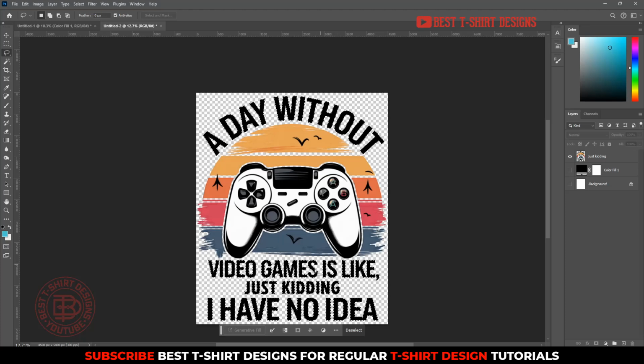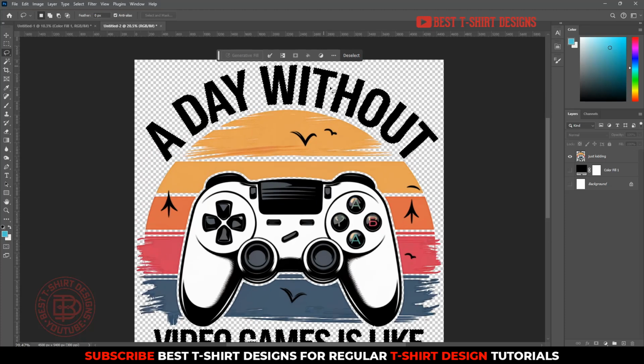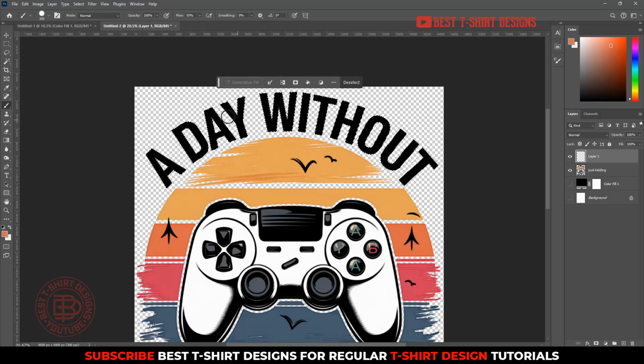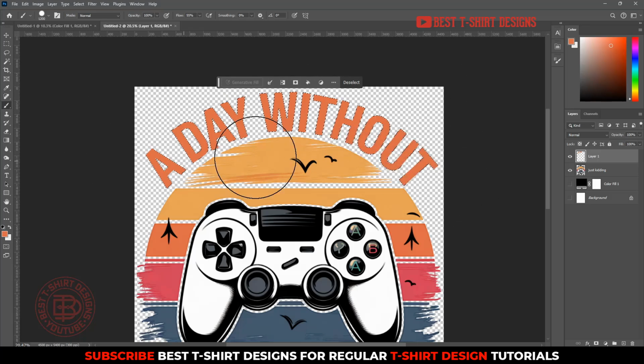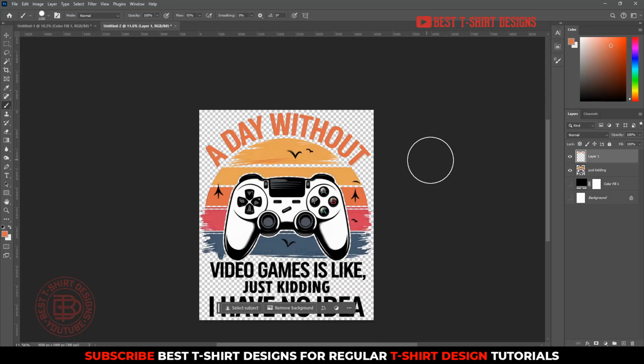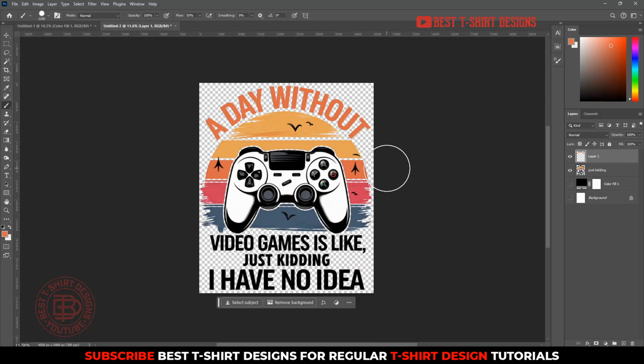As you can see, now I have only the text part selected, and I am taking a new layer. With my brush tool I am pressing Alt to make it an eyedropper, and then I can simply paint over these areas. It is not going to paint here because this is not selected. Maybe I will make it a bit bigger in size, and that is how you can make your text part colorful. So for this area, again I am going to